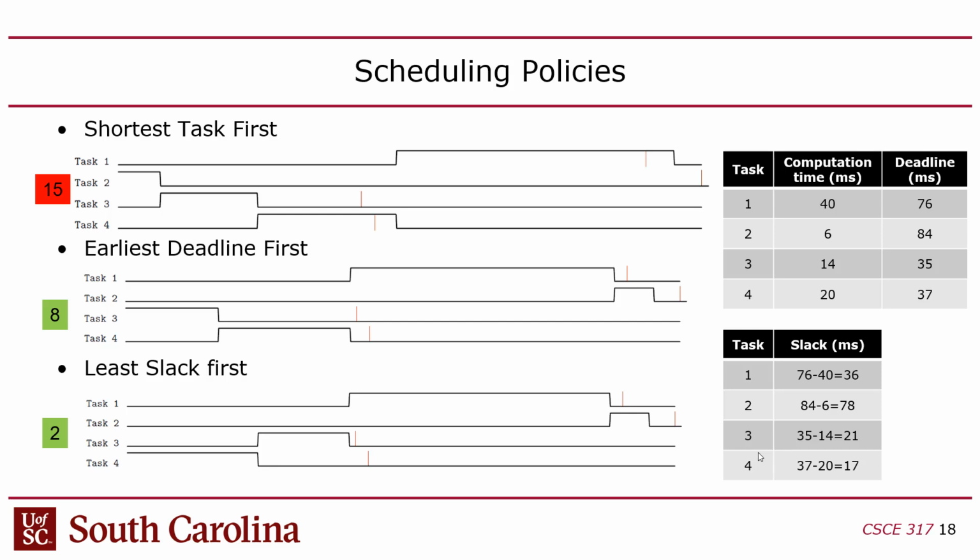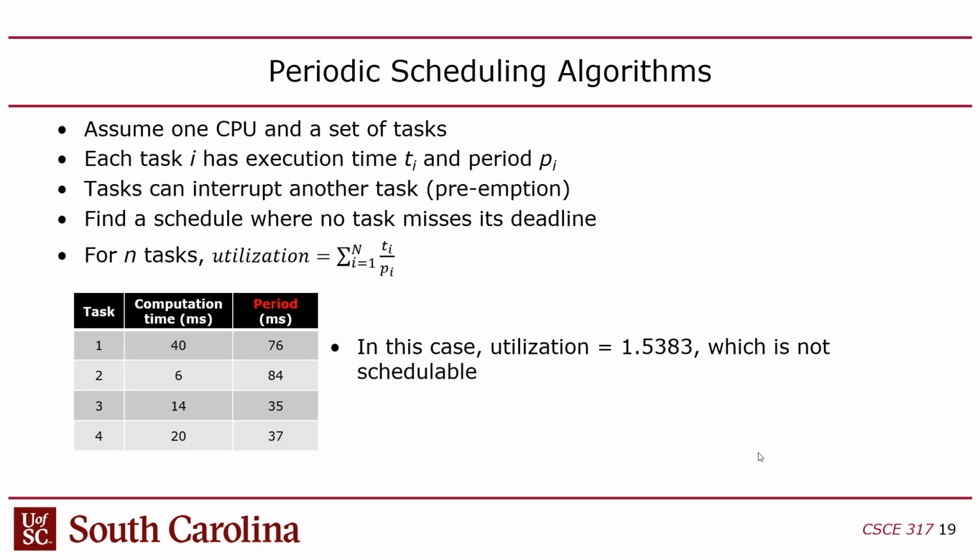Or you risk the control system becoming unstable and driving your car off the road, right? So that's called periodic scheduling. And so this is a much harder problem than what I just showed. In this case, you have a worst case execution time, and instead of a deadline, I call it period, which is the same as the deadline, but it's also the rate, or the inverse of the rate at which you